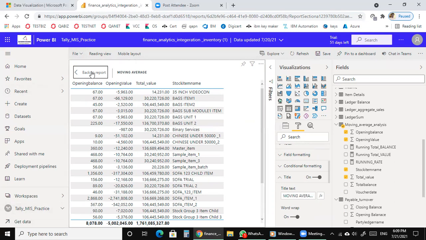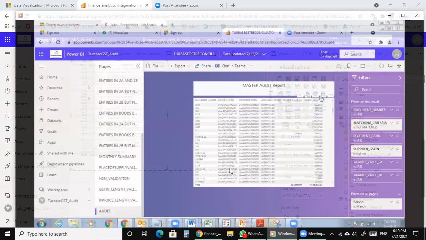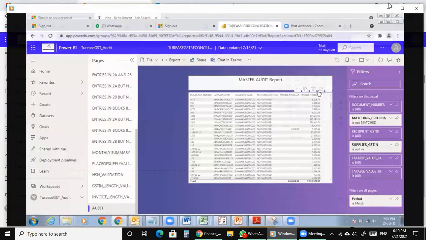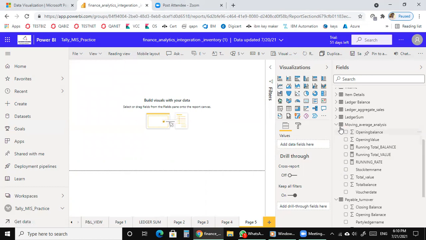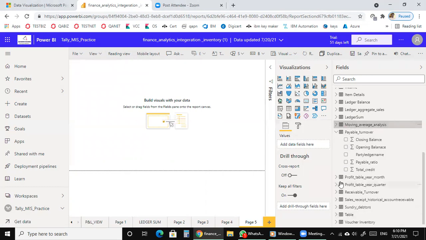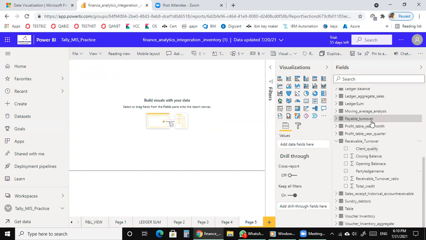Receivable turnover. I have to go here, and whatever is there, we have to select the headline and put the text.